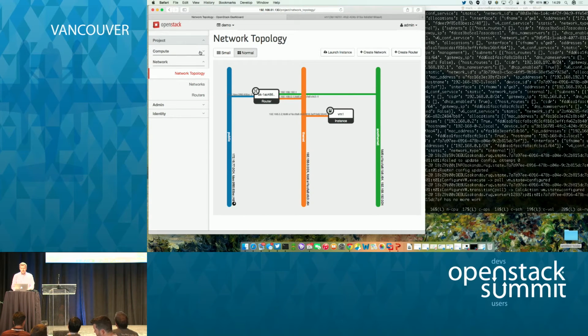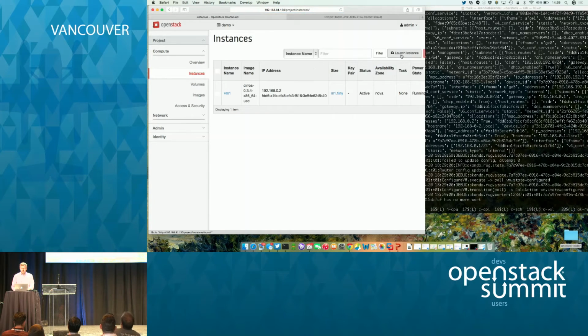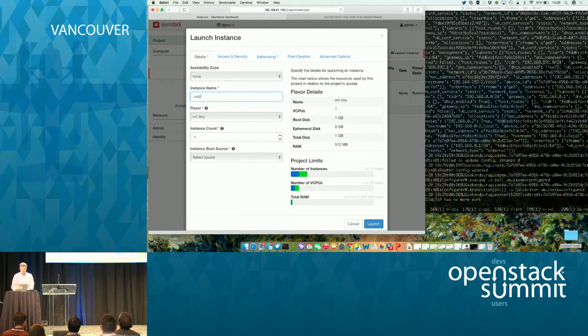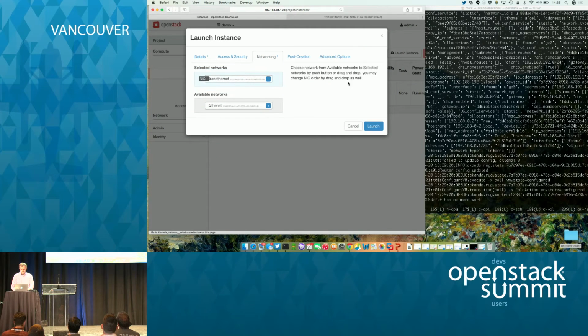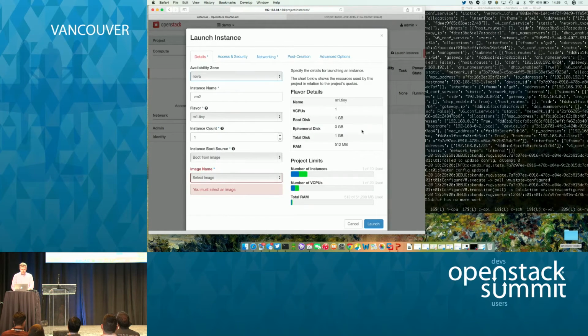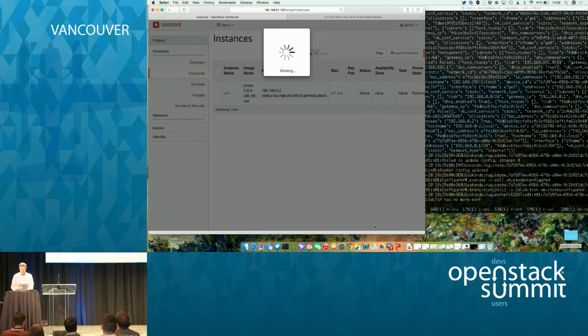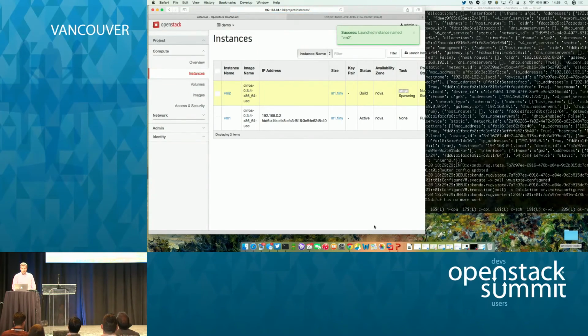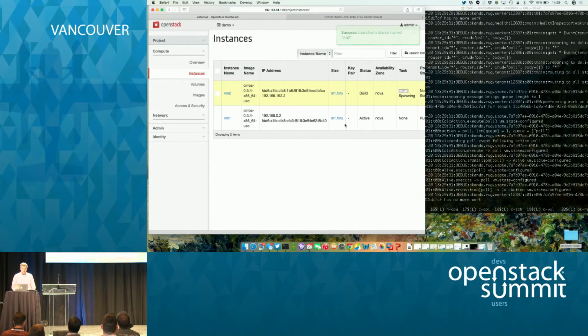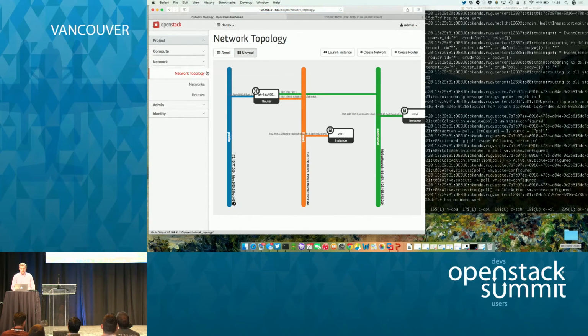I want to show you a real basic demo of how Akanda has wired both networks in for routing. I'm now going to create a new instance on the other network. And if we go back to our topology view again, you'll see that the instance is up and running. If I click on Open Console,